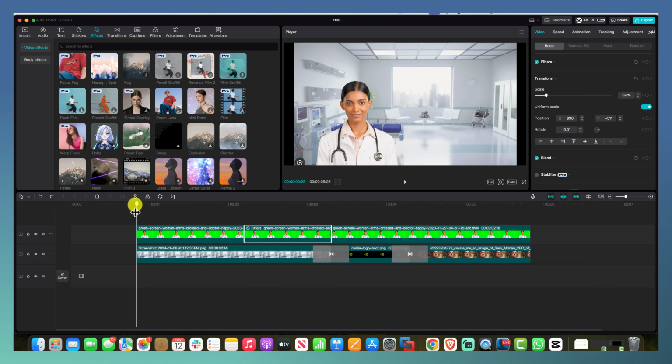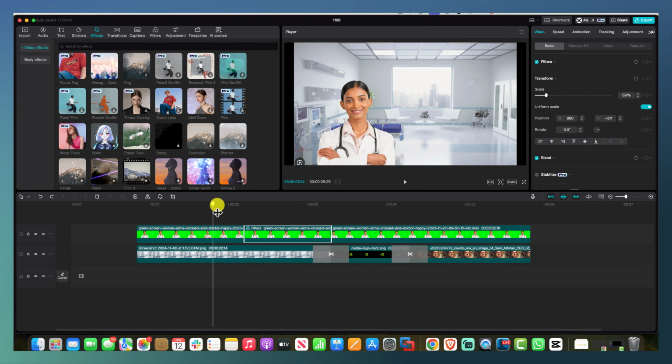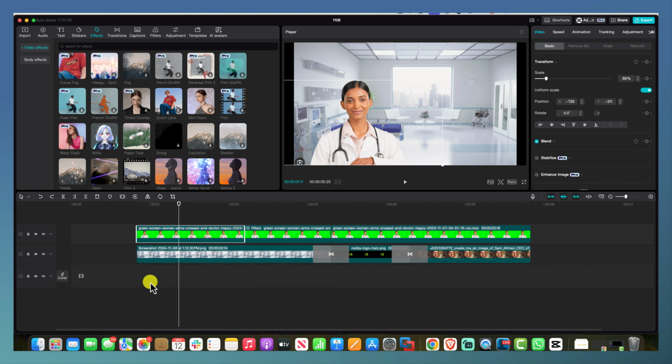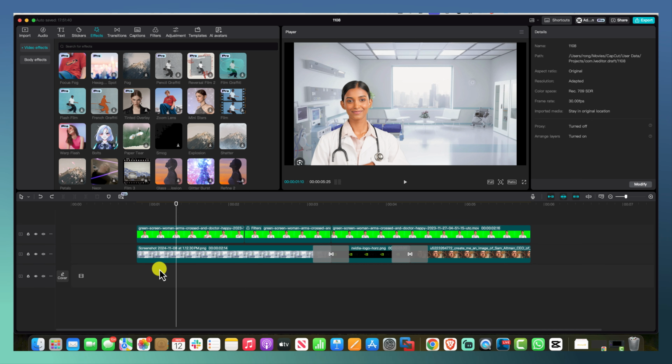Okay, so if I wanted to split this into different categories before she crosses her arms and I want to apply the effect there, what I'm going to do is just take my mouse, left click on here, and right before she crosses her arms, that's where I want to split it. So what I'm going to do is select here,